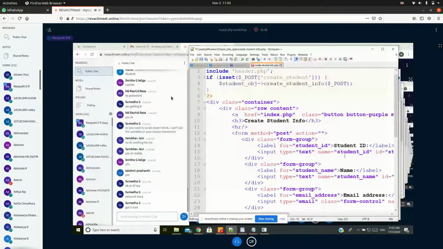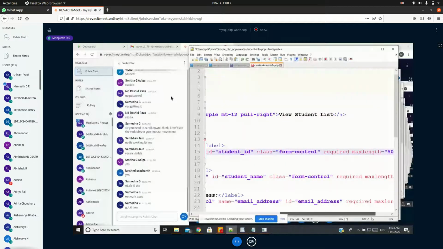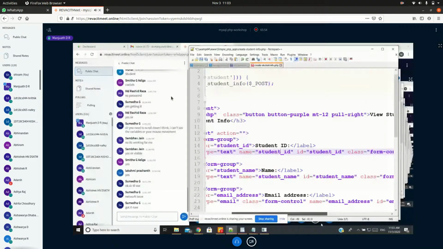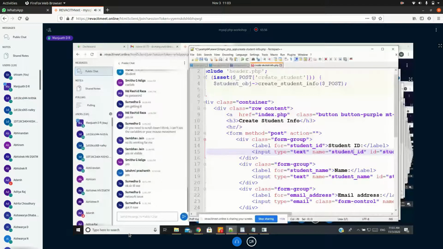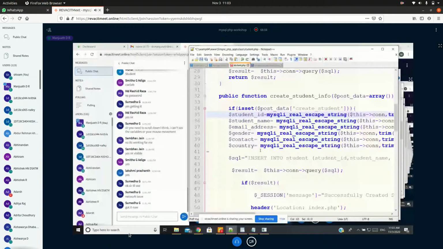Student ID. Everything is fine now. So data will enter back into the model, and once I have a value, it is going to insert into this SQL, run it, and show me a message called successfully created.